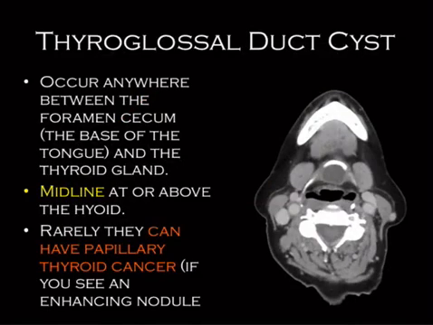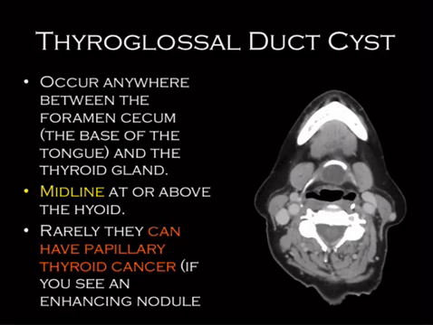Now, if you remember from embryology, the thyroid gland starts around the base of the tongue, and then it sort of drips down into the neck. And because of that, there's a track that exists theoretically. And along this track, you can have remnants, or these ductal remnants, which can form a cyst, or you can have residual thyroid tissue. And within this track, you can develop cancer. So just like you can have thyroid cancer in your normal gland,